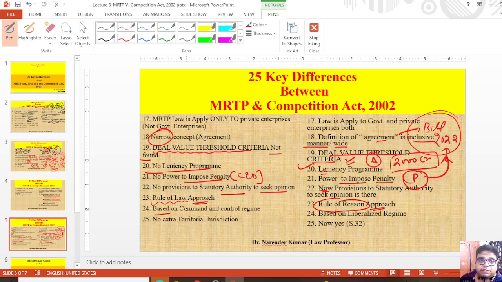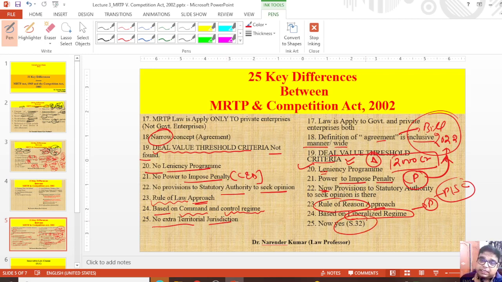MRTP is based on command and control regime, but Competition Act is based on liberalized regime. Reason behind, again preamble you can refer, that is promote and sustain competition. जितना लिबरल फॉर्म में आप रहेंगे, जितना अगर रिजिडिटी की फॉर्म में रहेंगे तो वहां पर आपका इकोनॉमी ग्रो नहीं कर पाएगा, बट लिबरलाइज्ड फॉर्म में अगर रहेंगे तो वहां पर नो डाउट कंपटीशन विल बी प्रमोटेड एंड इट विल बी बेनिफिशियल फॉर द कंज्यूमर एंड द इकोनॉमी। नो एक्स्ट्रा टेरिटोरियल जुरिडिक्शन एज पर MRTP,